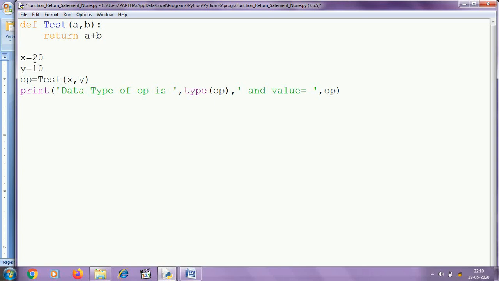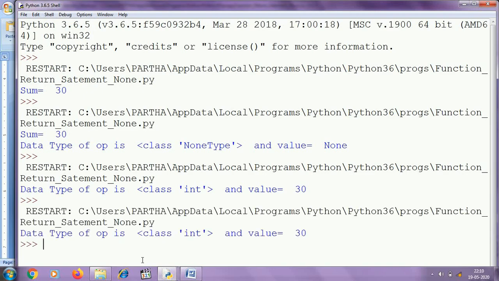Here the arguments are x and y, and the values of x and y are 20 and 10. So the value of a will be 20, b will be 10, and it will return 30. And op will store the value 30. Type of op will be integer and value will be 30. Let's see. You can see data type is integer and value is 30.